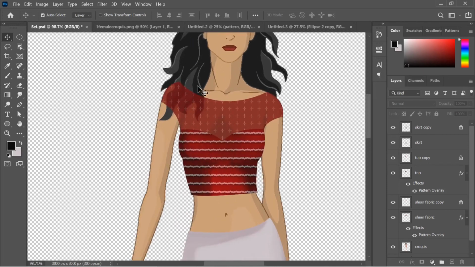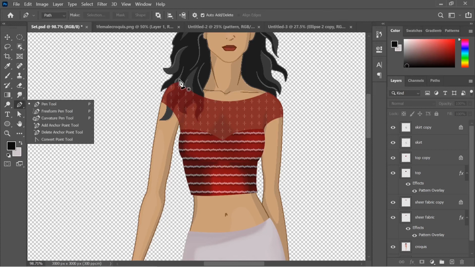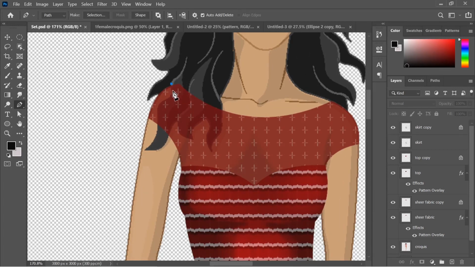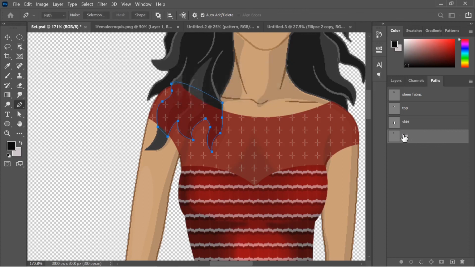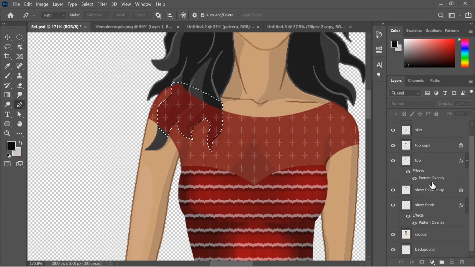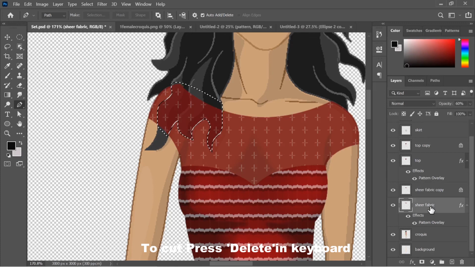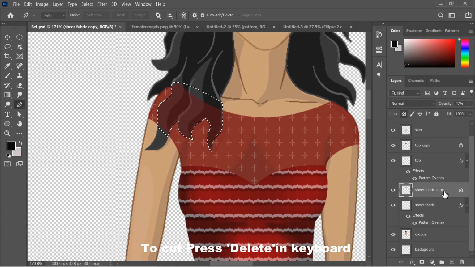Finally, you may cut these extras, again using a pen tool. Make selection and cut them from the sheer fabric layer and sheer fabric copy.